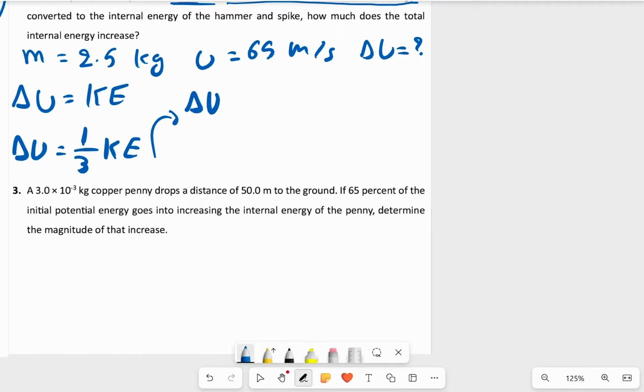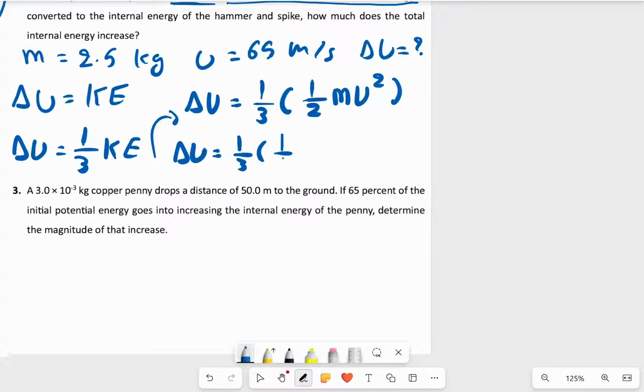From this we get 1/3. Kinetic energy is equal to 1/2 times mass times velocity squared. Then delta U will be 1/3 times 1/2 times mass, which is 2.5, times velocity, which is 65 squared. Don't forget the squared. Then multiply all of this and you get